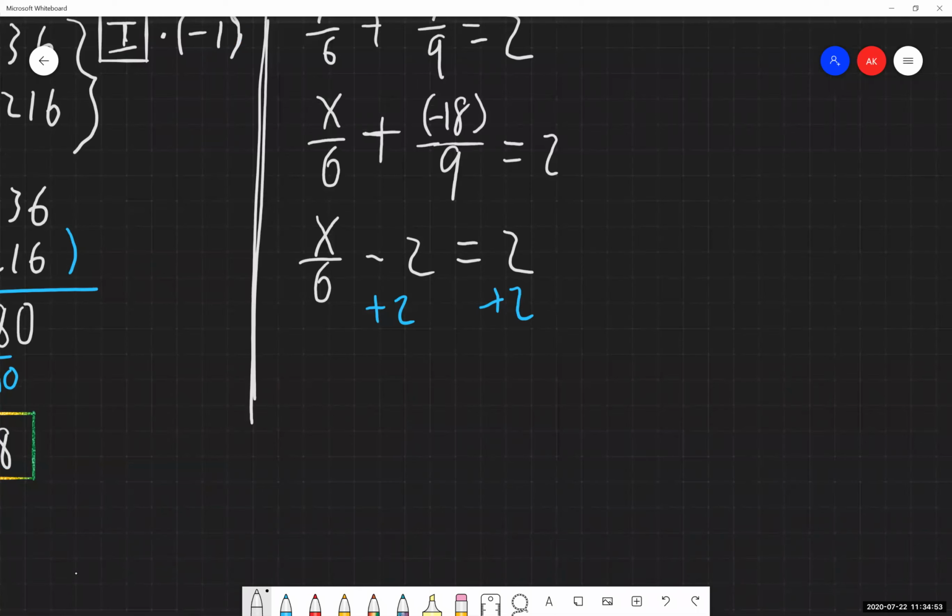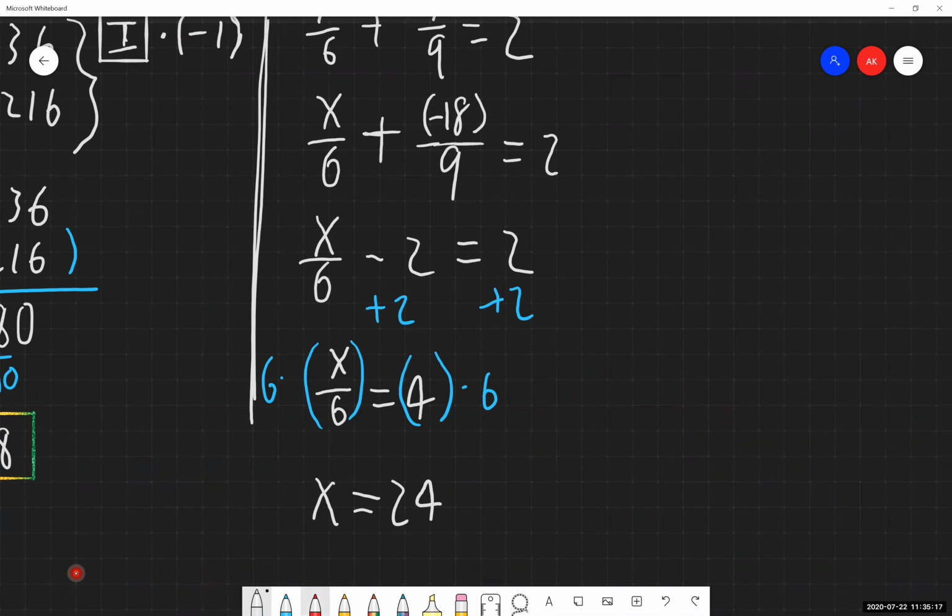There we go. So I'm getting x over 6 is equal to 4. I want to get rid of that 6. It is attached to the x through division. I undo division with multiplication, which means I'm going to multiply everything on both sides by 6. On the left side, I'm just left over with x. On the right side, I have a 24 remaining. So there's my other part of this ordered pair.